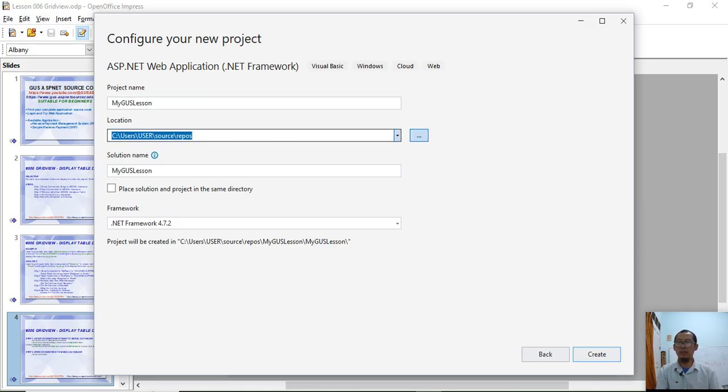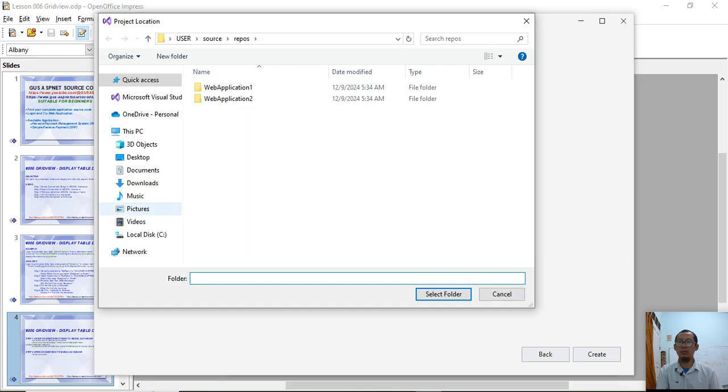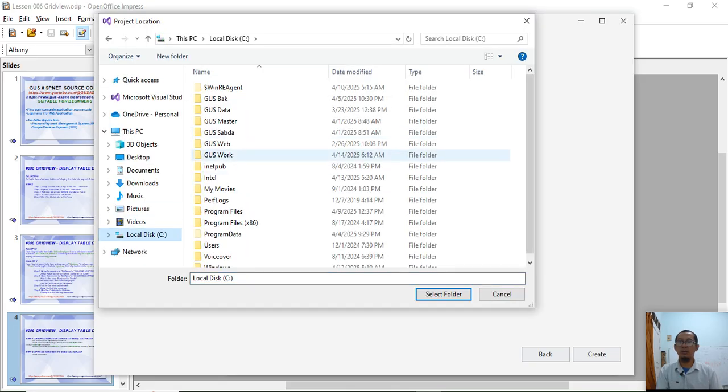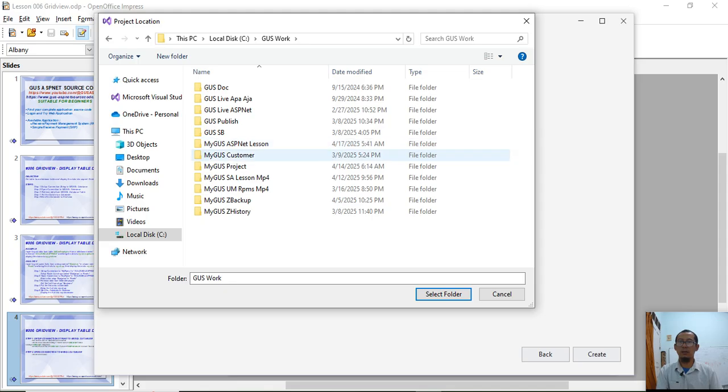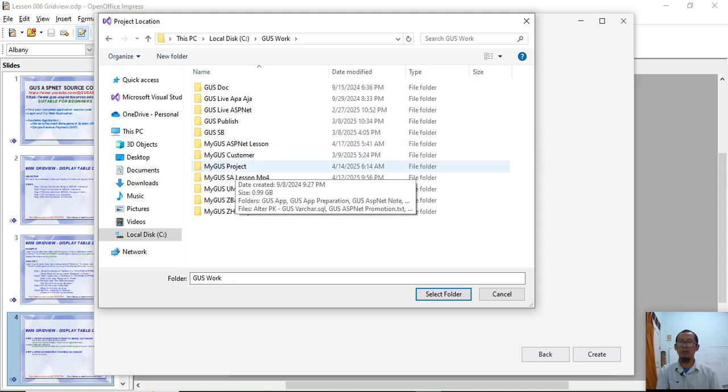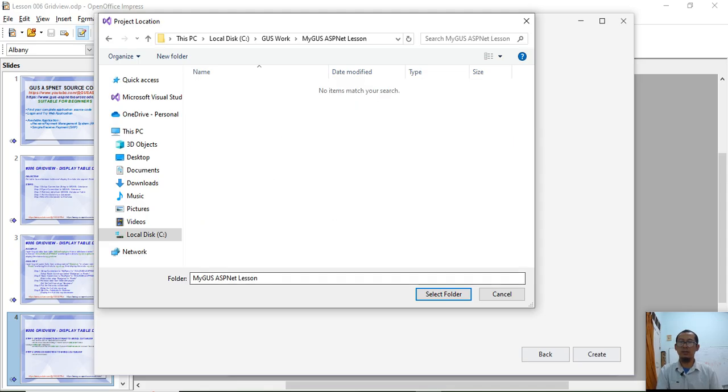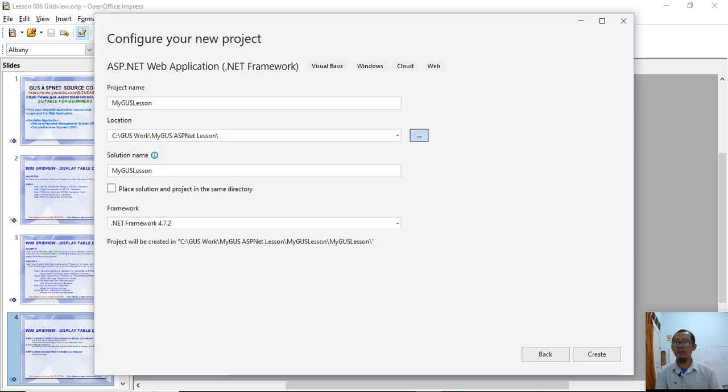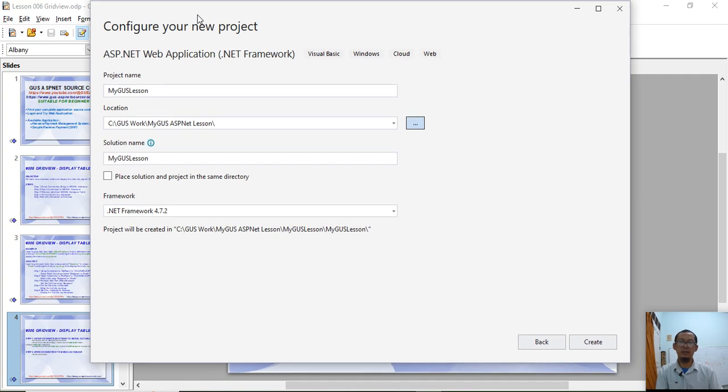I put the location in Gus work, my Gus lesson. The project will be here. And leave anything else as default and create.